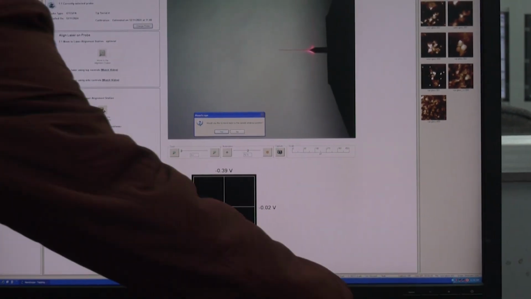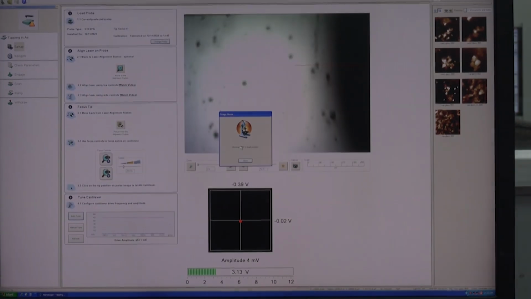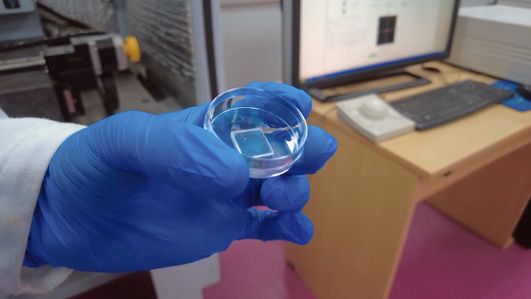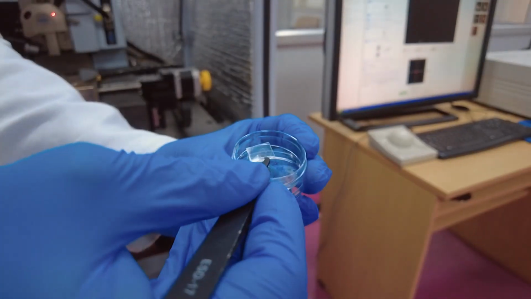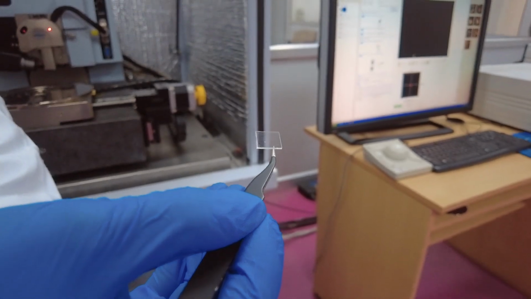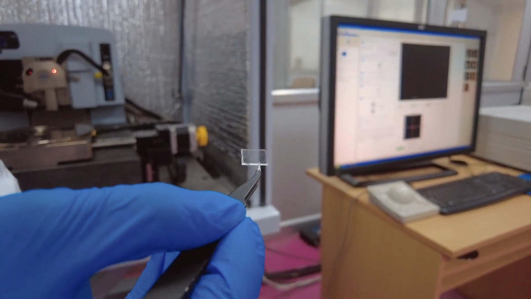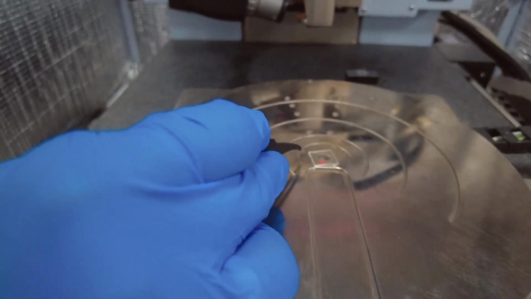Now let us load the sample into the machine. This is a BSA nanoparticle sample that has been drop casted on a clean glass slide. Place the slide at the center of the stage and start the process.